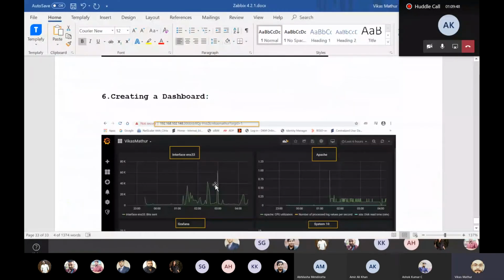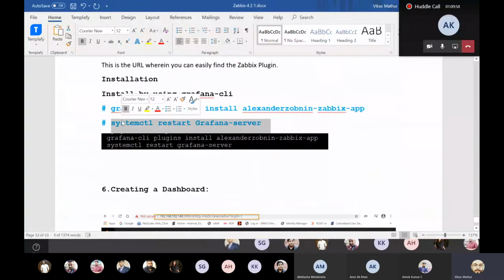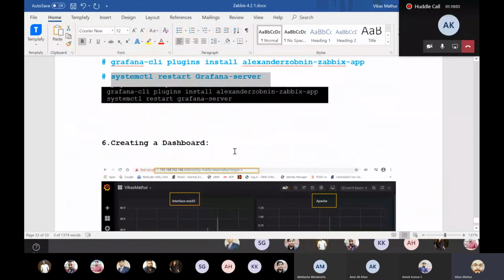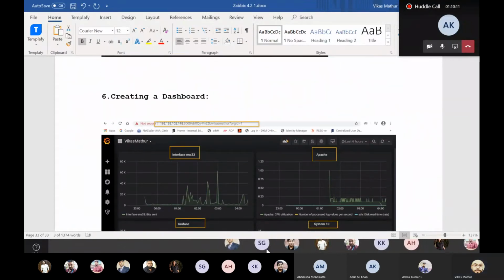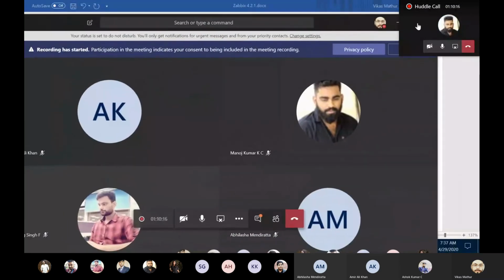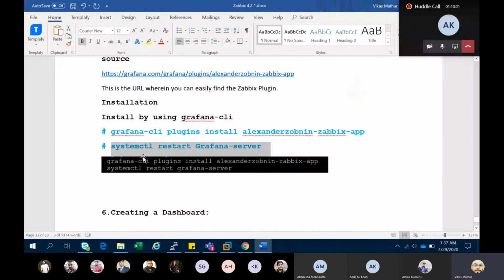Whenever you install any package, you need to restart the Grafana server. So after that, the Grafana server will restart.